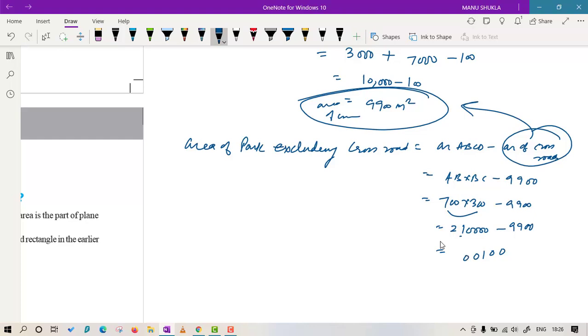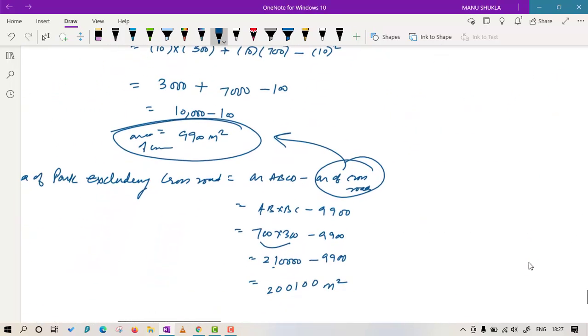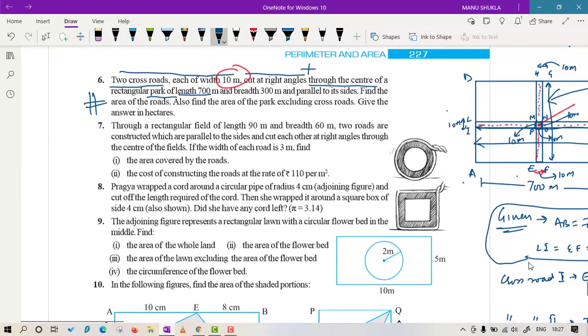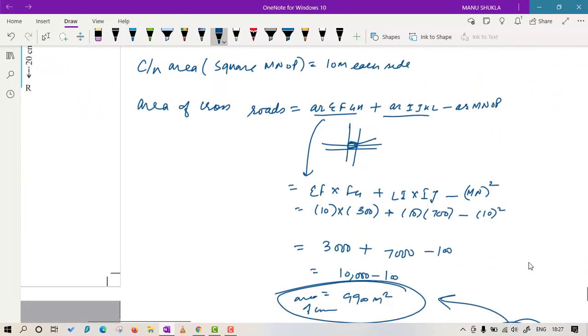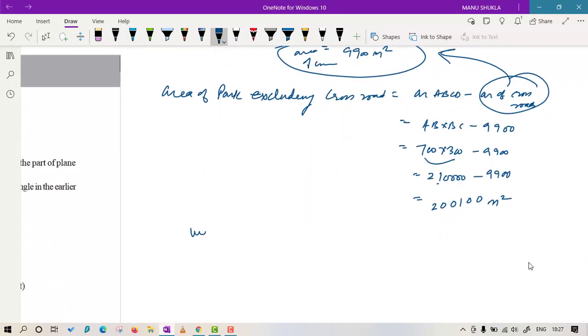Let me see. Now the last thing. This is your area of garden, excluding the paths. This is actually the grass area, you can say. The cement you have removed. Now they are saying give the answer in hectares. So in hectares is not an issue. Already we have found that we know 1 meter square is equal to 1 upon 10,000 hectares. So just put the value.